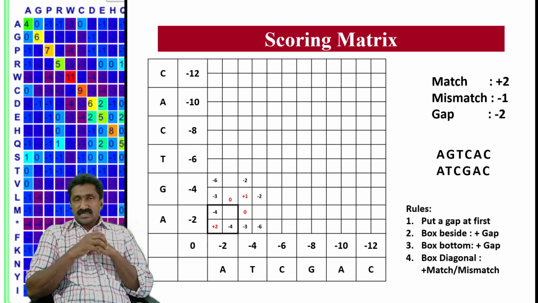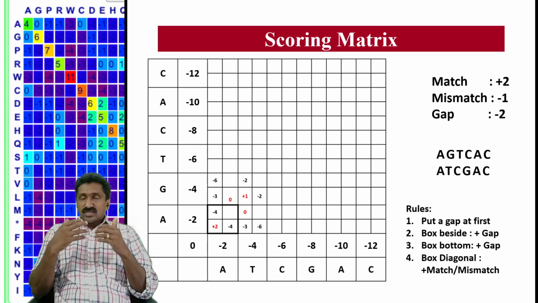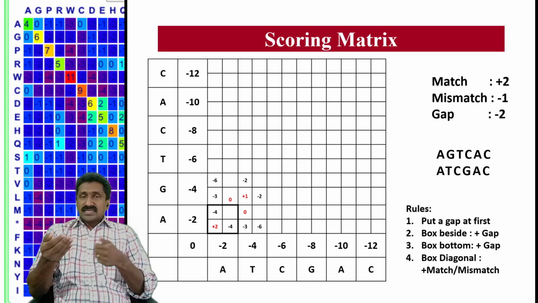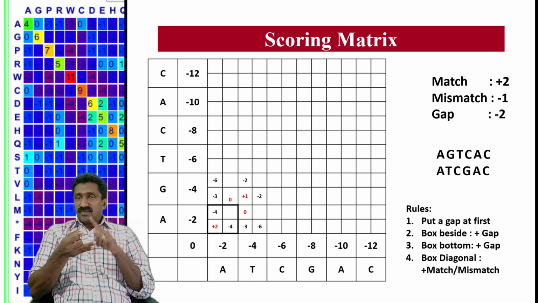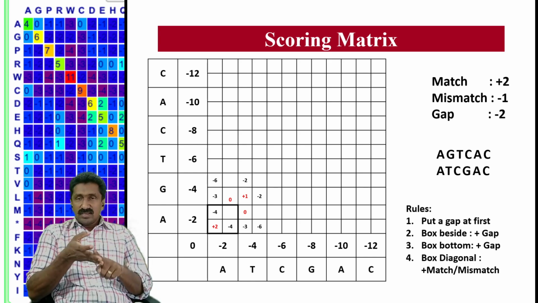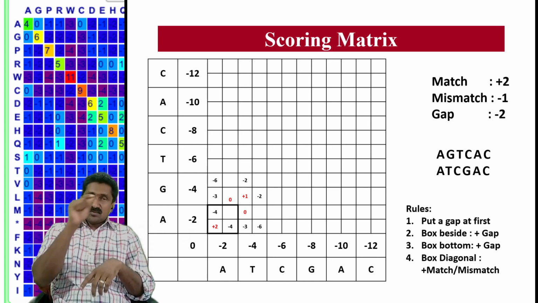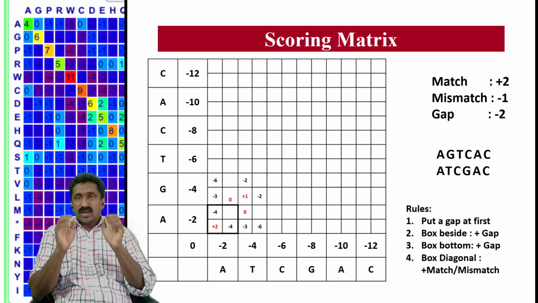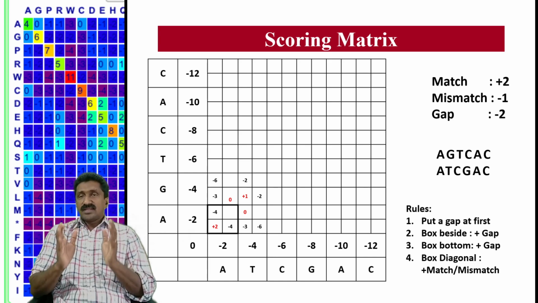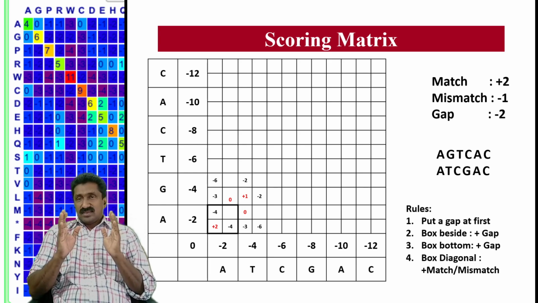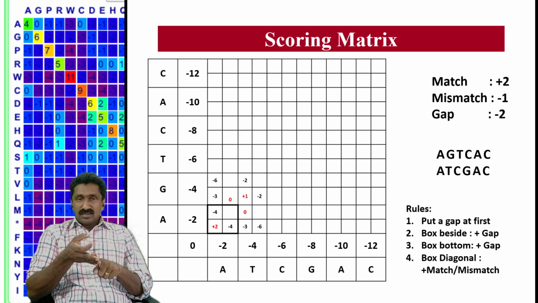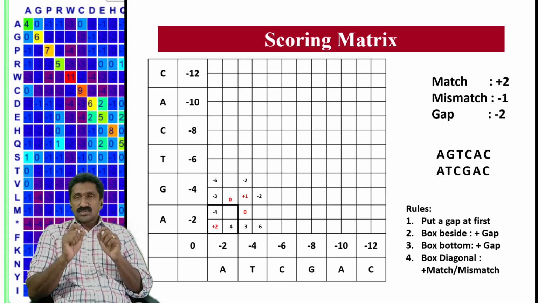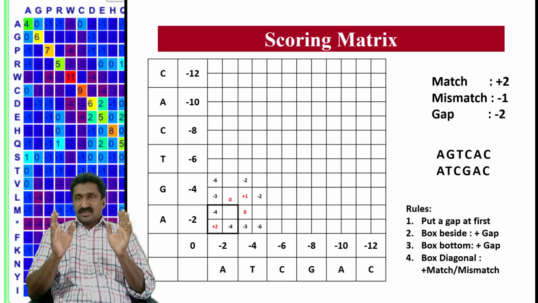And another possibility is that you will try to insert gaps in the sequences. That's what we are doing when we are comparing, right? You will see whether it is a match, whether it is a mismatch, or if you try to insert a gap in one sequence or the other sequence, then what will happen? And you have to find the best score, right? By inserting a gap in one or the other sequence, whichever score is higher will be obtained.